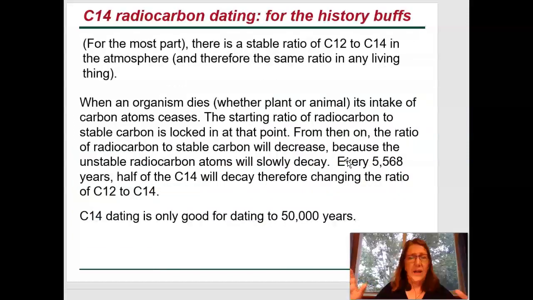Okay, remember how I kept saying I'm going to tell you about carbon-14 and how it breaks down? This is the slide that does that. For the most part, there's a stable ratio of carbon-14 to carbon-12, a certain ratio that's in the environment. If you're alive and eating your food, you're going to have that same ratio in your body as the environment does. But now you die, you crawl into a cave somewhere, and your bones are just sitting there,